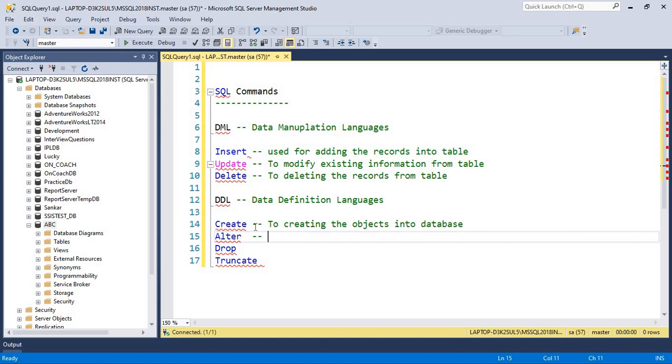We can modify these using the alter statement, for SQL objects.